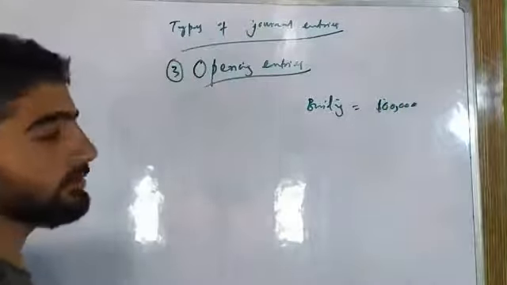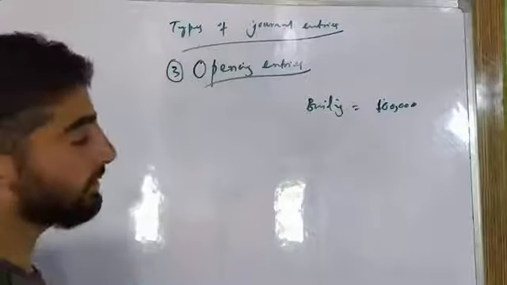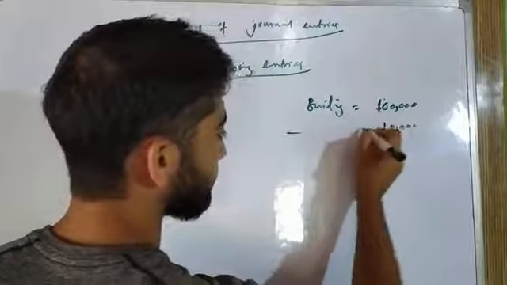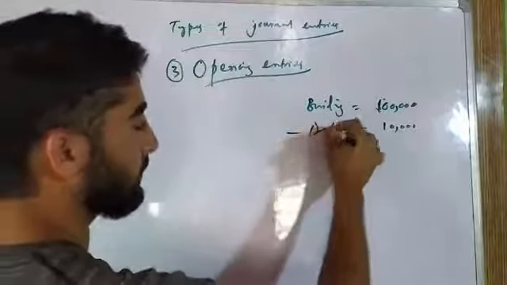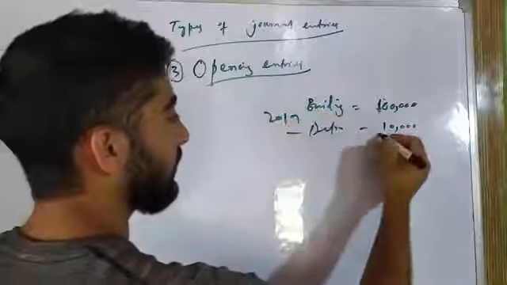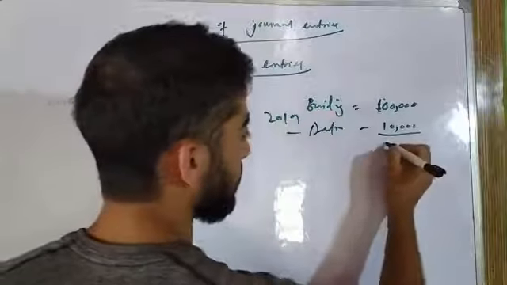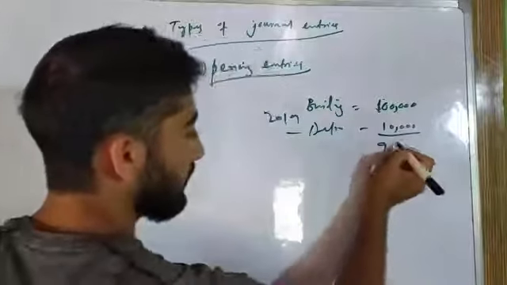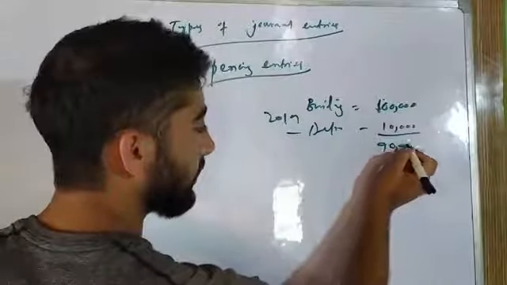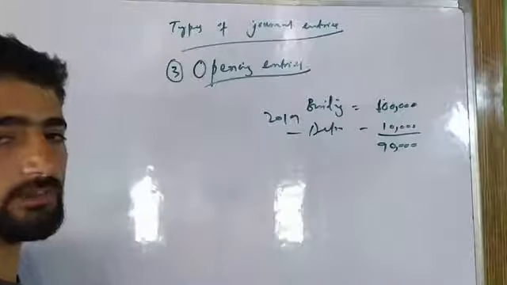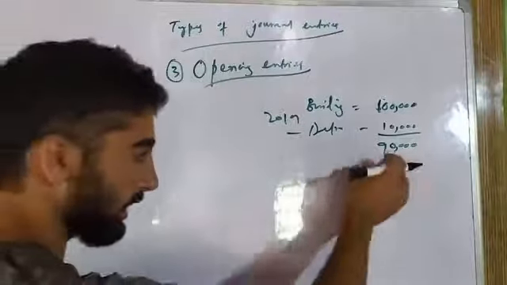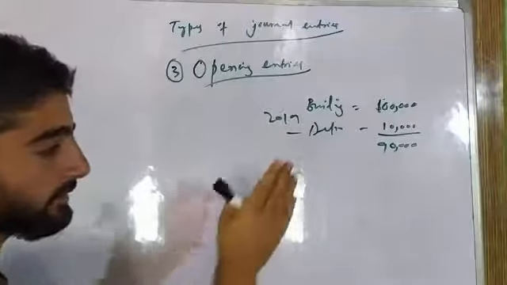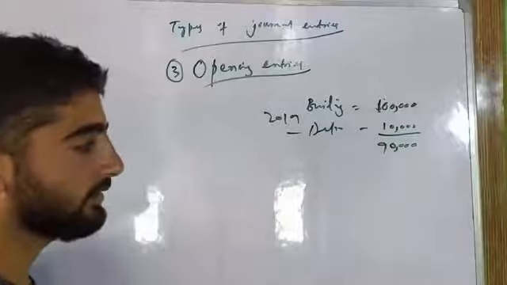We will have to depreciate this building at the rate of 10%, that is 10,000. Depreciation, 2019. Now, this is 2020. At the end of 2019, the book value of building comes out to be 90,000 rupees. Now, this year, we will have to carry forward this balance, the previous balance, to this current year.